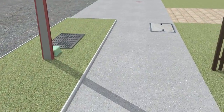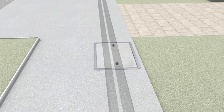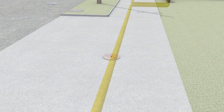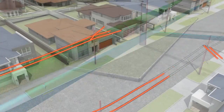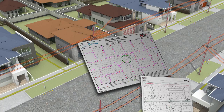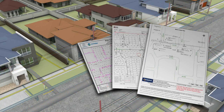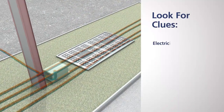Walking around your worksite is an important part in finding visual clues of what utility services are present. Looking for signs of services and utilities above ground indicates things that may lie below ground. Dial before you dig plans give you an idea of the services you should be able to identify, even if you can't see them. Your dial before you dig plans need to be available on site. Using these plans, walk around your site and look for clues of electricity,